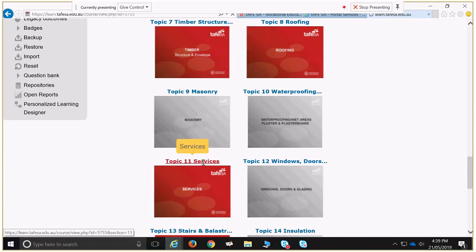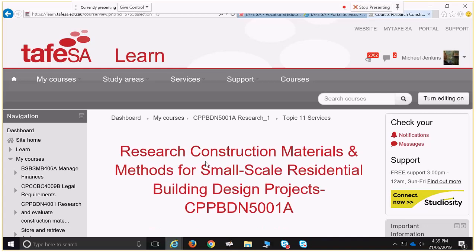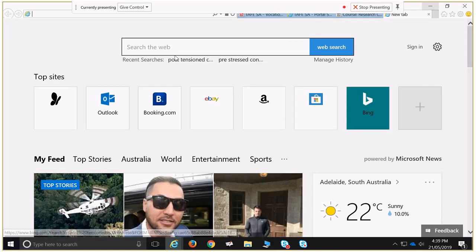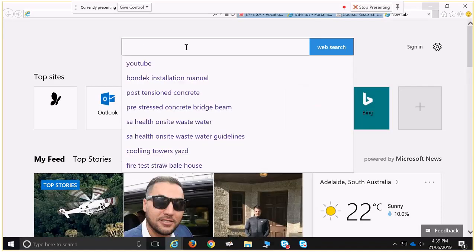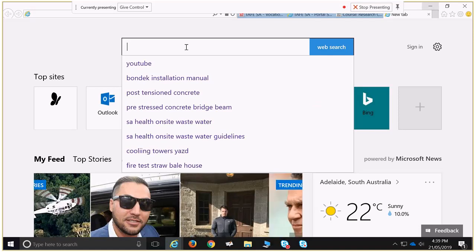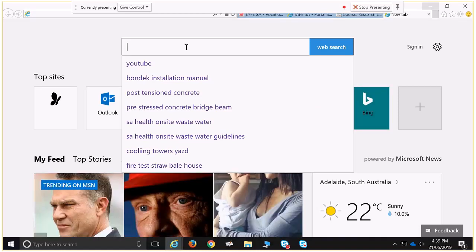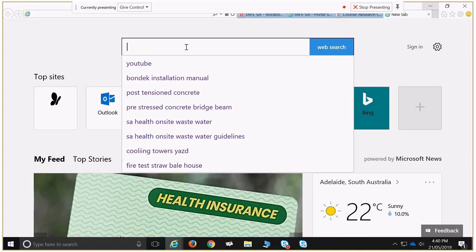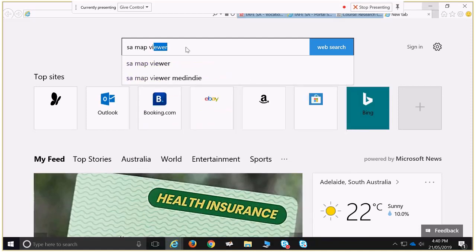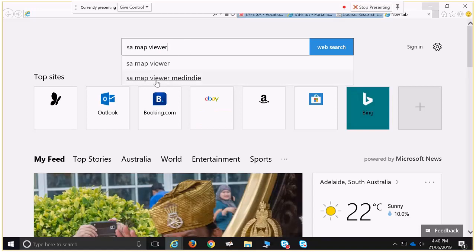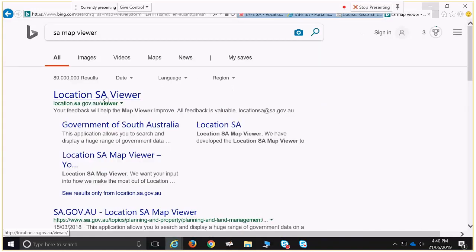So click on that, services, and then also at the same time I'll get an online program happening called SA Map Viewer. So for those of you at home, we expect that you have internet access, we need that for watching this video anyhow. So type in SA Map Viewer to your browser. SA Map Viewer, click on that. And it'll take you to this. So, Location SA Map Viewer. I encourage you to get this going, possibly in another side window, while you're watching the video,